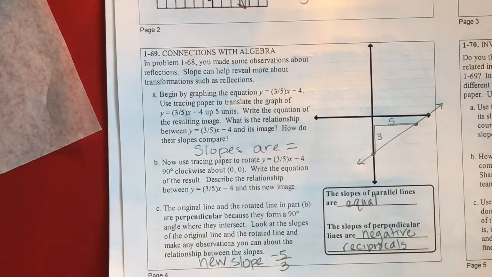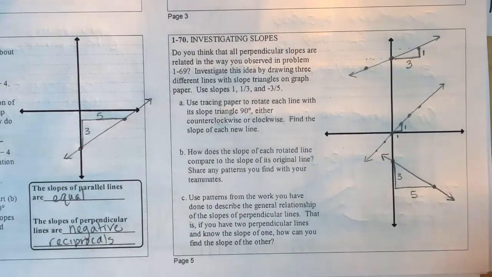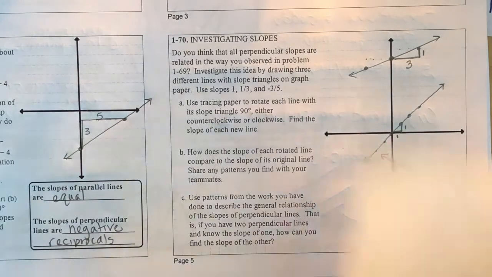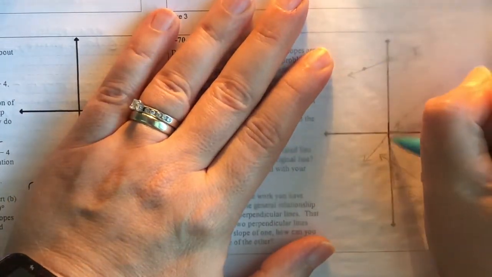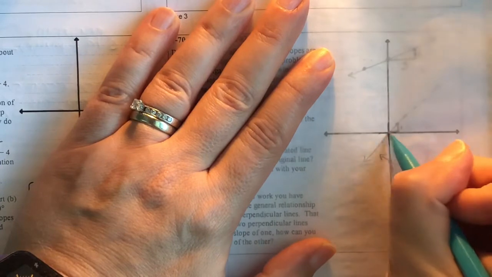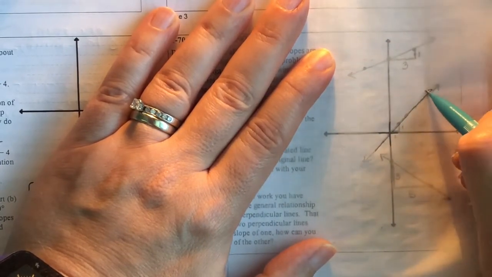All right, now it's just gonna have you go through some other examples on 1-70 and kind of confirm those observations that we just made. So A says use tracing paper to rotate each line with its slope triangle, either counterclockwise or clockwise, 90 degrees, and find all of your new slopes. So I'm gonna trace my origin to kind of keep me anchored,